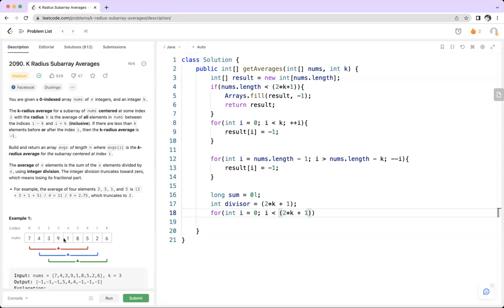So here 3 plus 3 is 6, so less than 2 times 6 plus 1, 7. Okay, fine, this is fine. Okay, then we are doing plus plus I. Okay, like this, and then we are going to add,